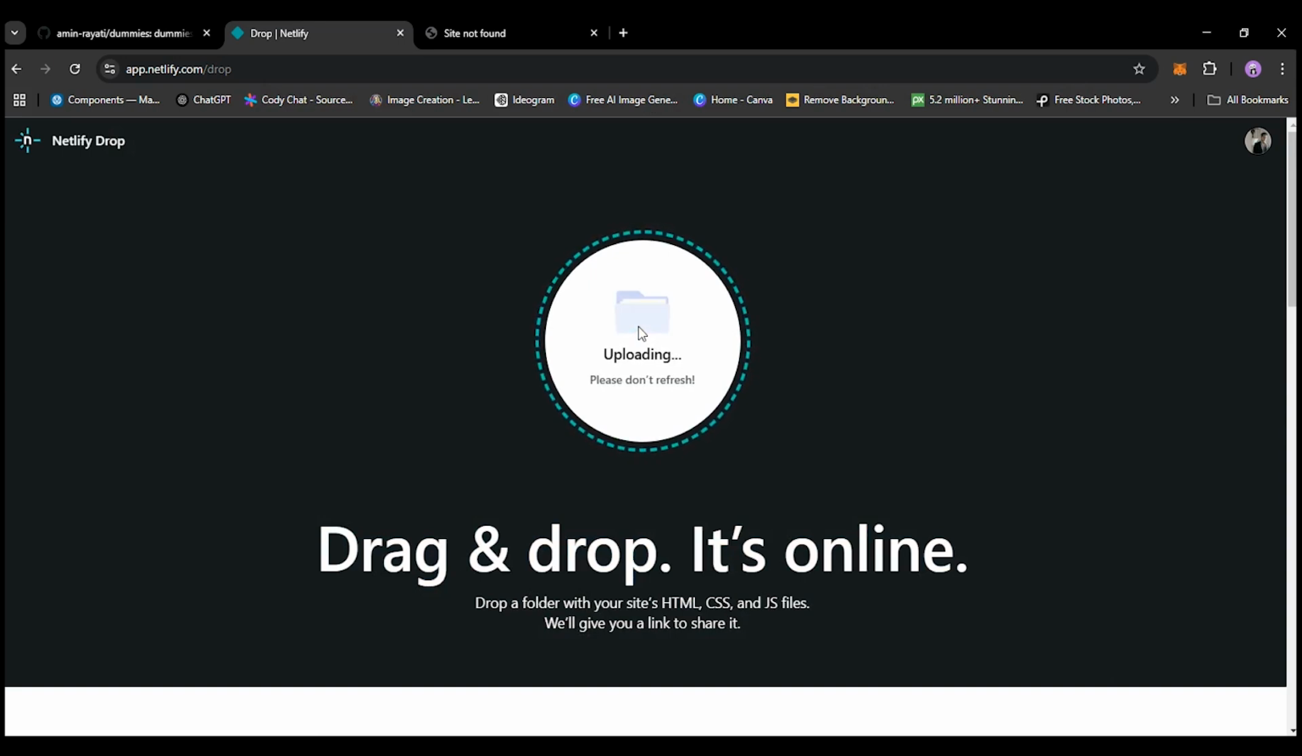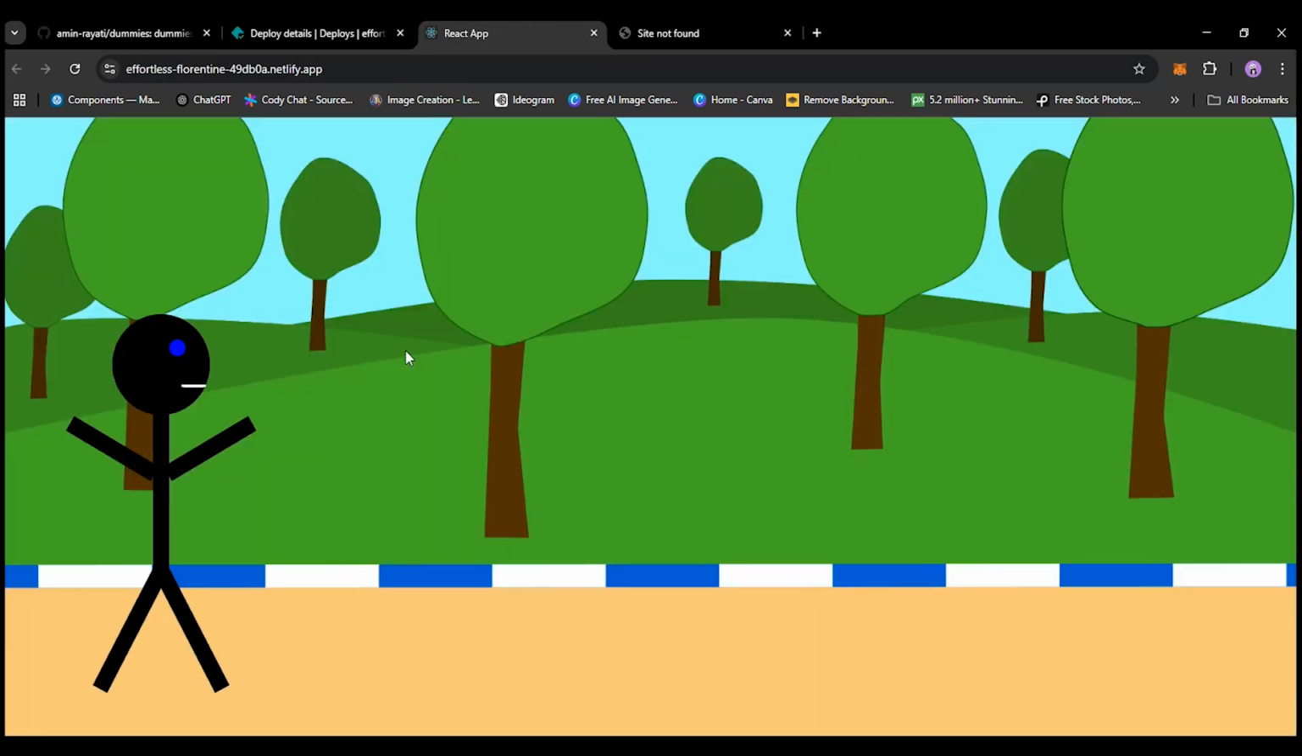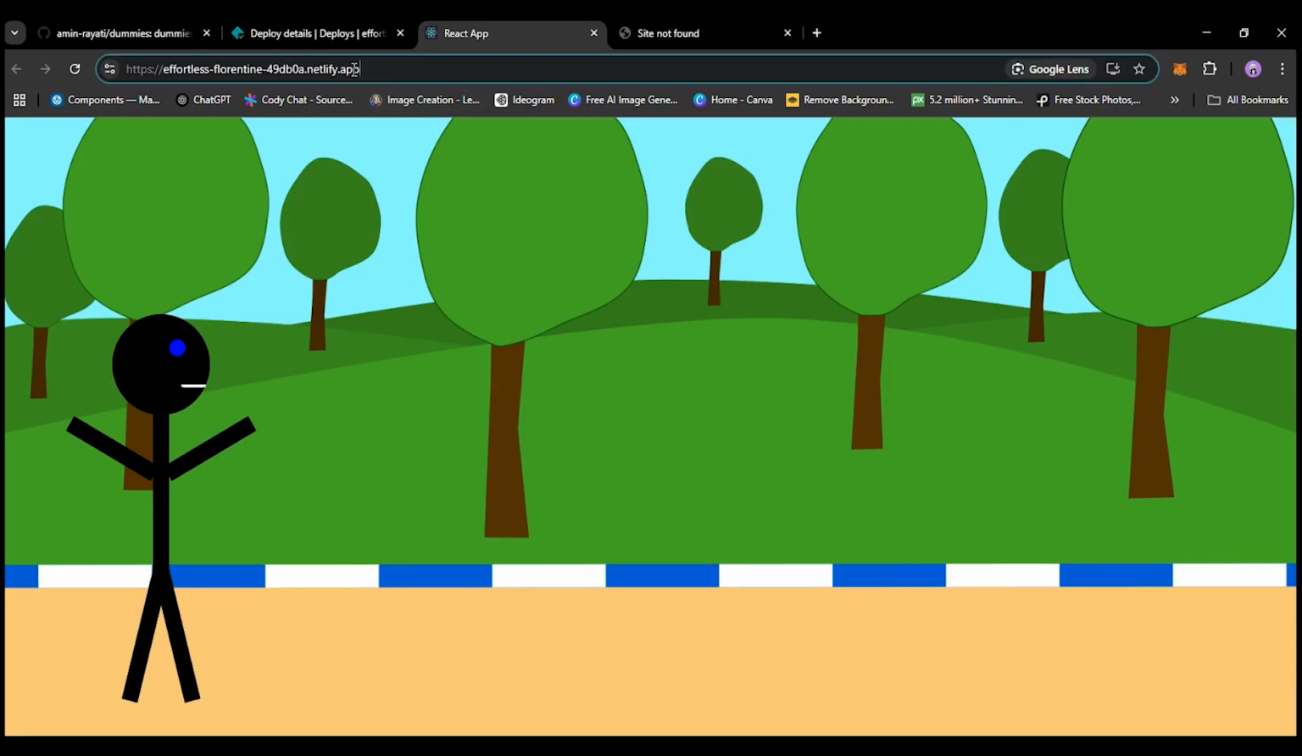Everything will be right and your project will be uploaded on Netlify as soon as you think. And we should click on Open production deploy. As you can see, everything is going right and our project is deployed on Netlify with this name, and we can change